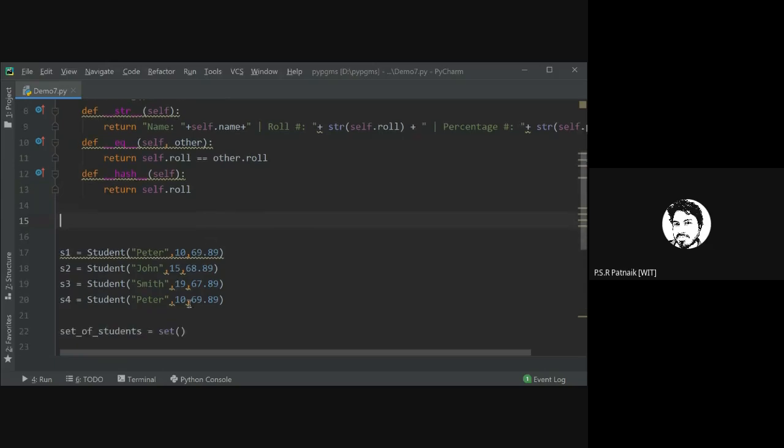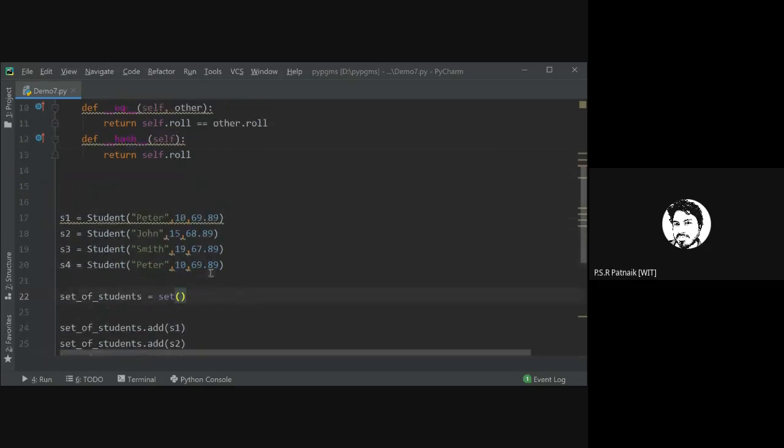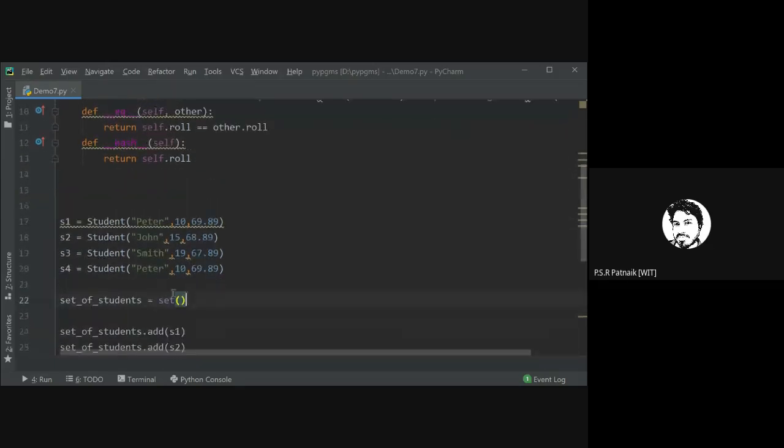So now coming back to the set definition. Whenever you add to a set, the set checks whether two elements are equal or not. I'll tell you how it works. In order for two objects to be recognized as duplicate elements, there is a condition.